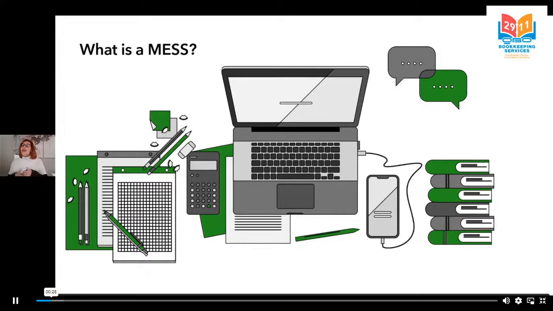So I'm going to point out a few examples of messes that are very obvious. But please know that messes come in many different forms, and it probably won't be quite as obvious for you. There's a lot of nuance here. So the idea of this class is to start showing you what to look for.